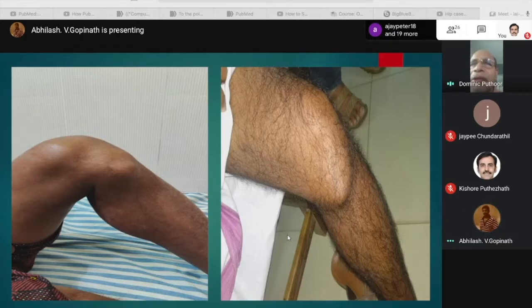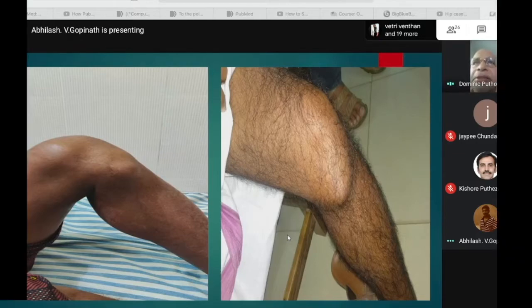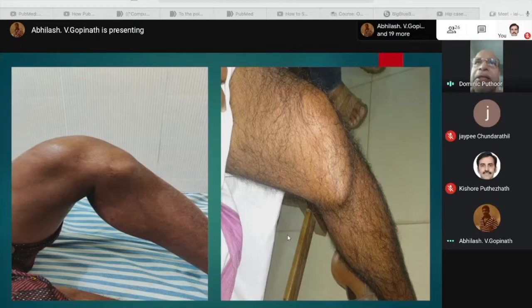No. You can very well palpate the posterior border of the semitendinosus. The border, you can make the semitendinosus taut. In this case, I have done that, and it is quite free. It is just anterior to that. It is not overlapping the